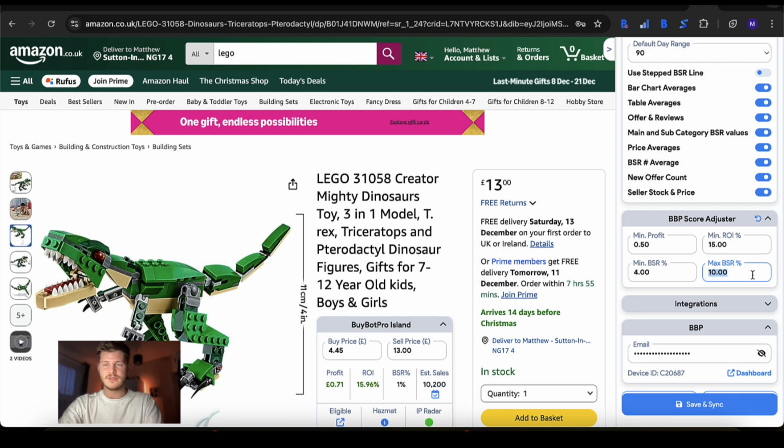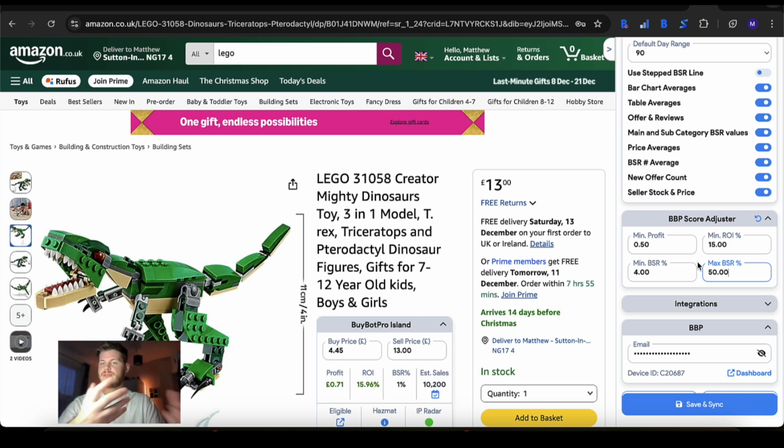You can be scrolling and scrolling and scrolling. This one we can be a bit more flexible with. So I would say, really, you definitely want the better half of the BSR. So you could go all the way up to 50, anything in the top 50%, and that gives you a lot of choice, really. And especially, as I say, even if you are finding things that don't blow your socks off in terms of profit, ROI,